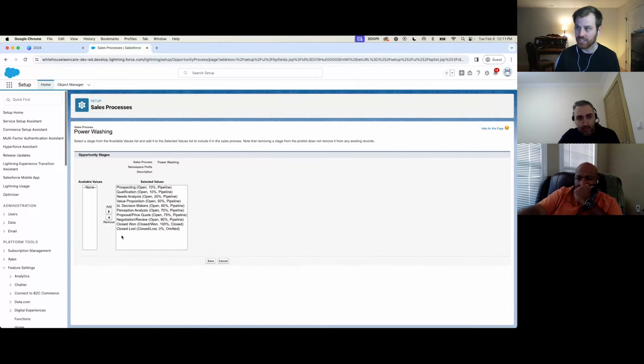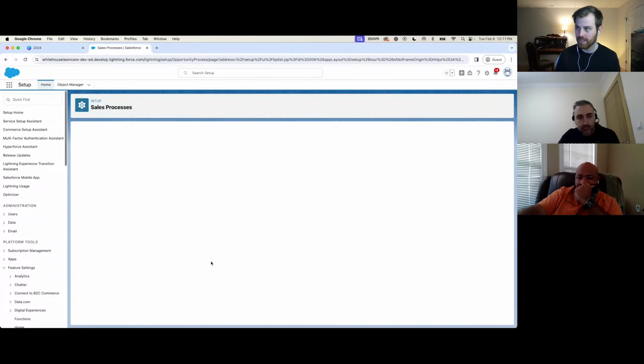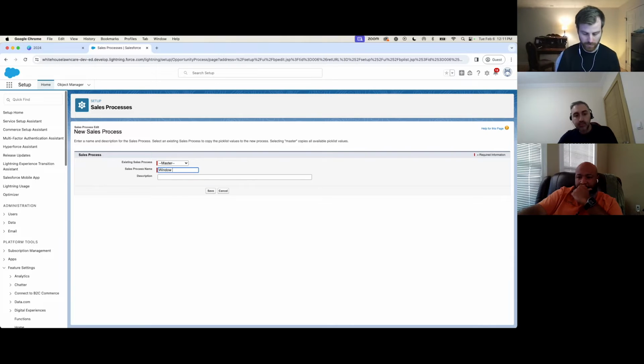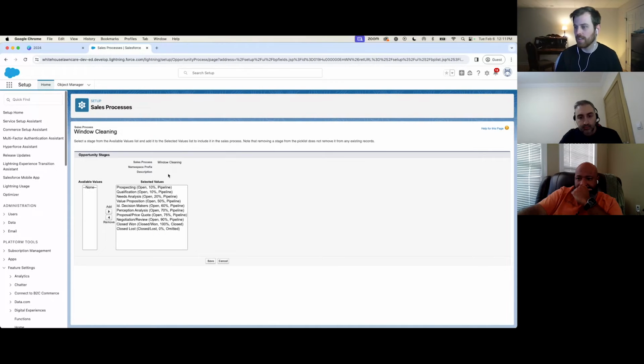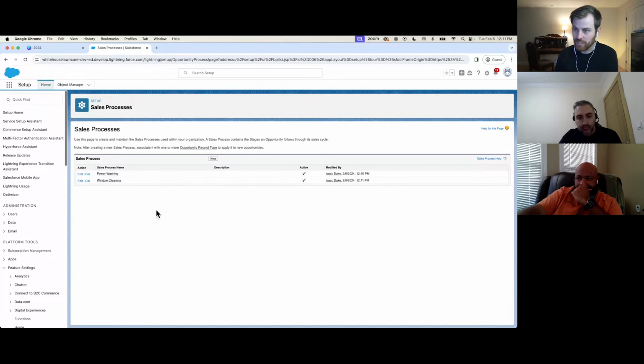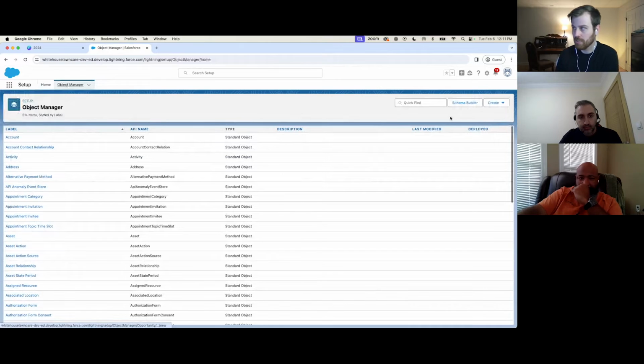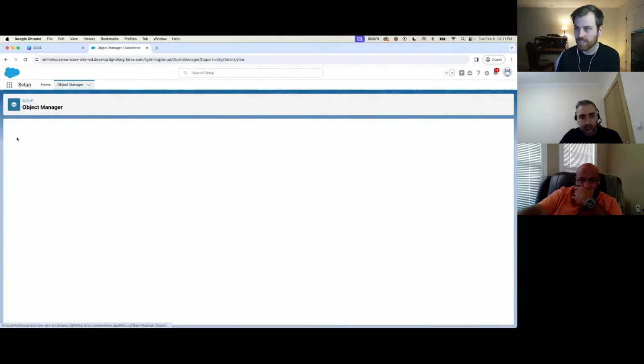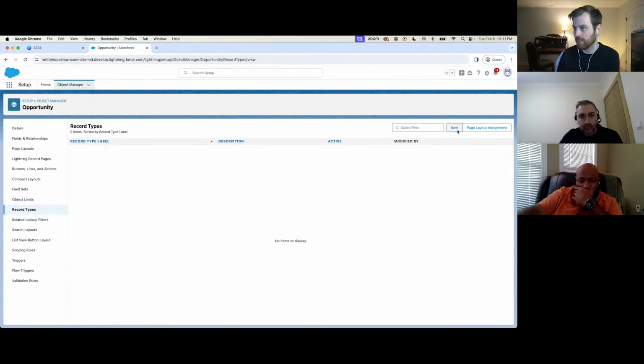These are the stages in that sales process. And then we'll create another one called window cleaning. Just do 2 really quick. We'll have the same stages for now. Let's go back to opportunity. I think this is an important thing to know, so we're going to hang out on this for just a second. If I go to new record type,